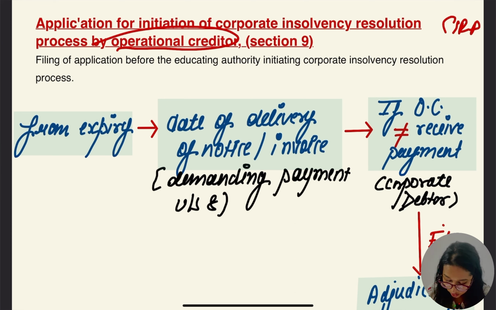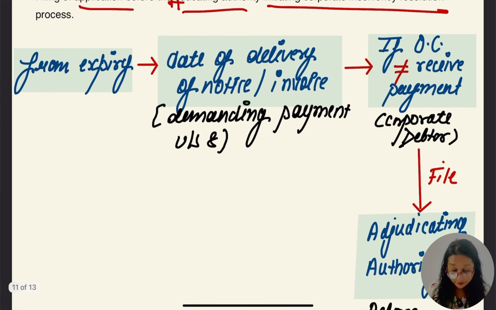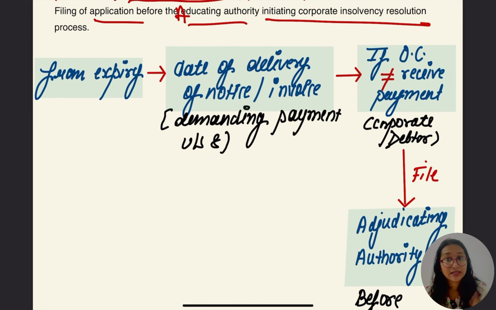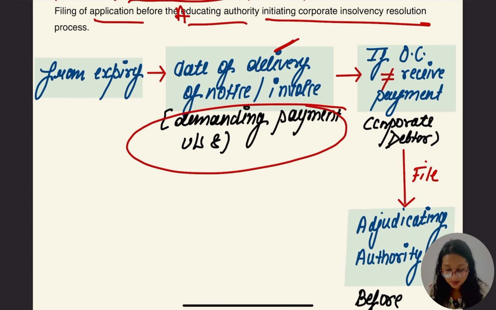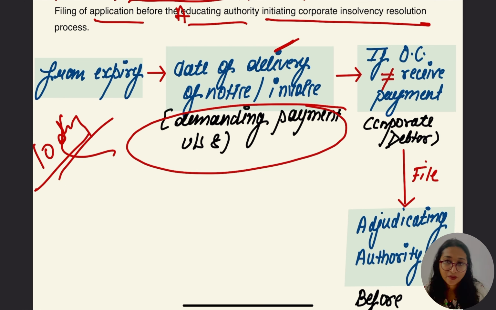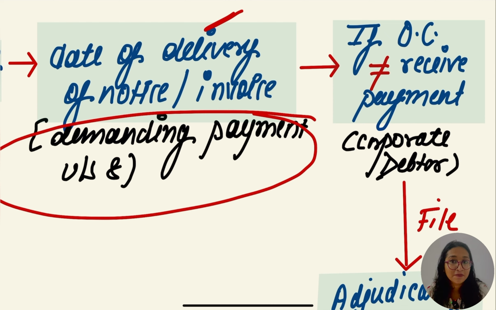So filing an application before the adjudicating authority initiating the corporate insolvency resolution process from the expiry of that 10 days, from the date of delivery of notice and invoice demanding payment under Section 8, from the expiry of that 10 days of the demand notice, receipt of what? Demand notice. If the operational creditor does not receive the payment mentioned in Section 8,